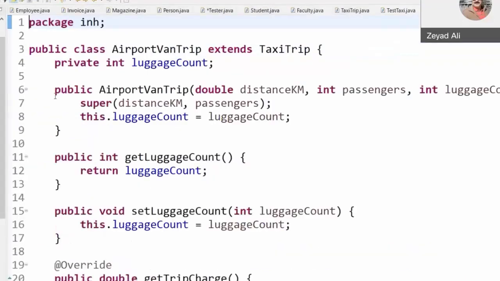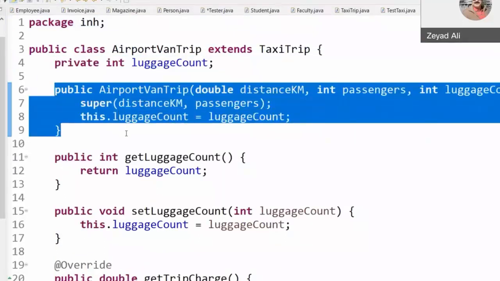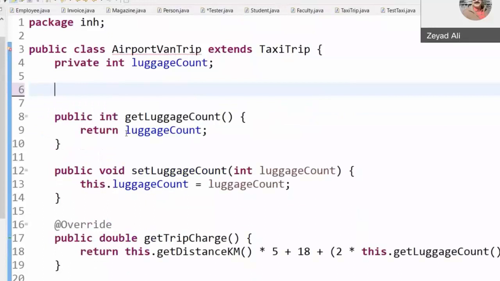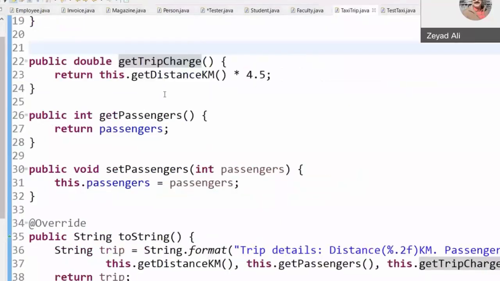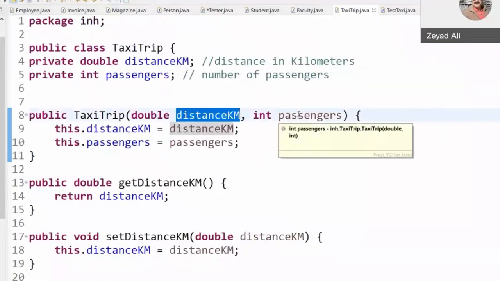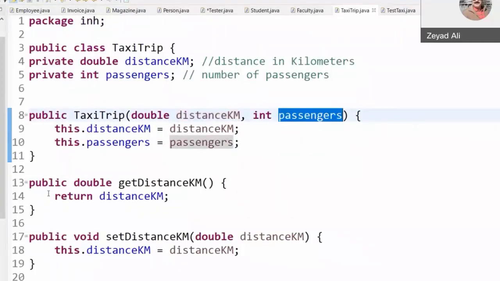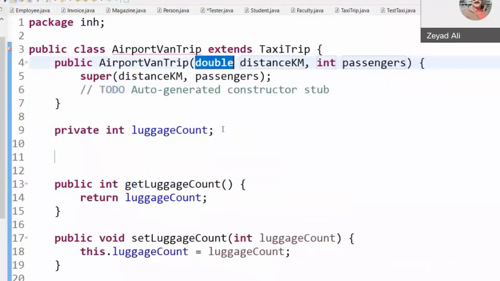Let's see this now. The only extra thing I need here is luggage count. If you extend TaxiTrip, then you must call a constructor from the TaxiTrip. In that constructor, look at the TaxiTrip, you must call this constructor and provide it with distance and passengers. So in this one, you still need to do the constructor.